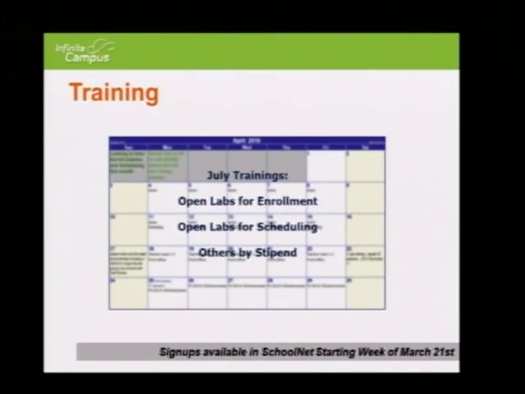So in July, we switch gears a little bit. It's time to almost open up schools. At this point, we're going to start providing open labs that are kind of like a work session, similar to what we were talking about with master scheduling earlier.